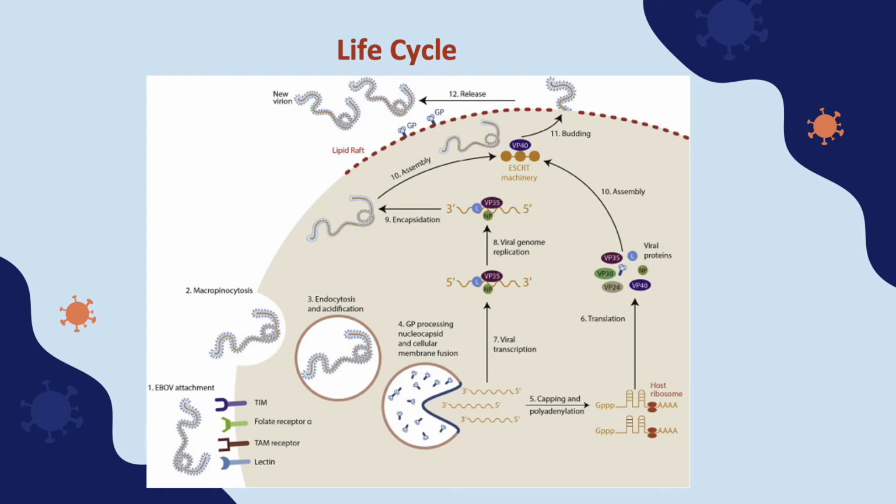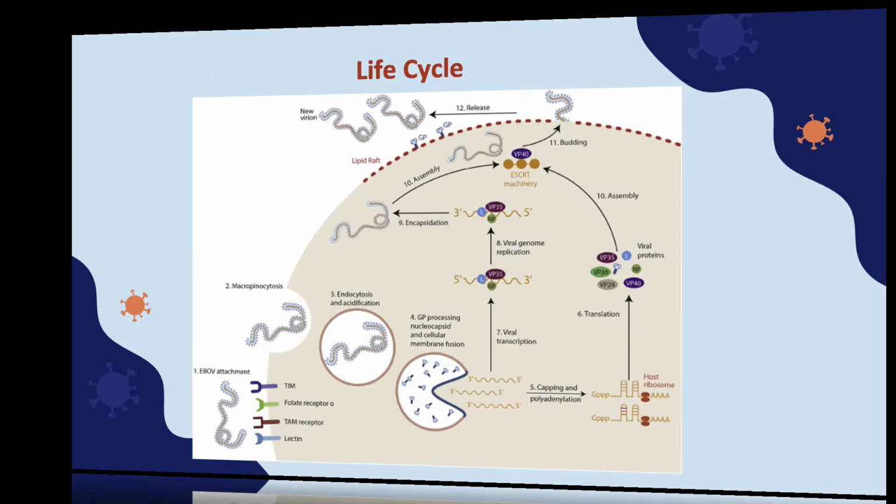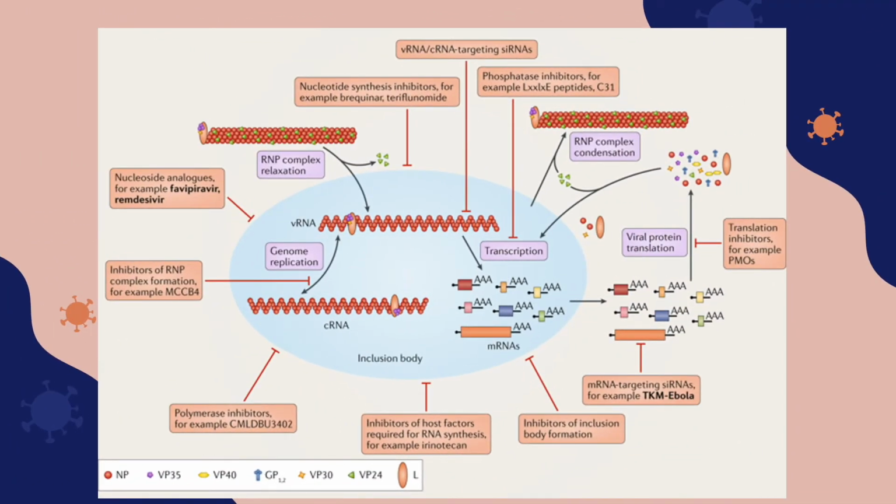Third, the negative single-stranded RNA of the Ebola virus is transcribed into strands of viral mRNA, which are pieces of RNA that contain the directions for producing more viral RNA and its associated proteins. After the viral mRNA is finished being transcribed, it moves through the cytoplasm to the nucleus of the cell.